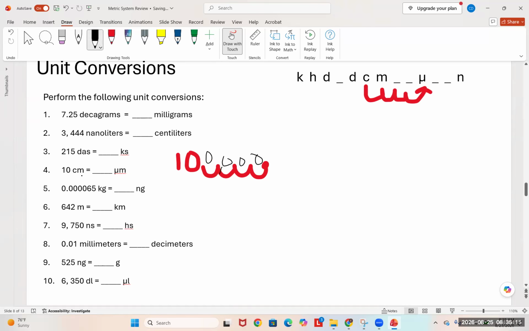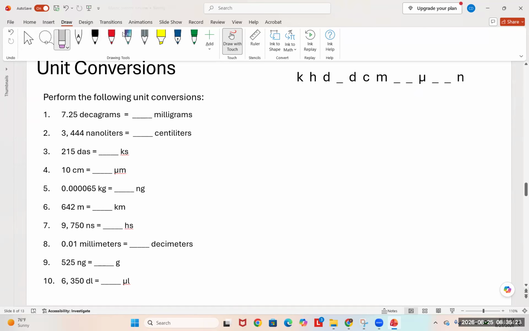So we're going to have 10 centimeters equals 100,000 micrometers. All right, next up, we're starting with a really small number. And we're going to go from kilograms, which is over here, all the way down to nanograms. So we're going to move 1, 2, 3, 4, 5, 6, 7, 8, 9, 10, 11, 12 places to the